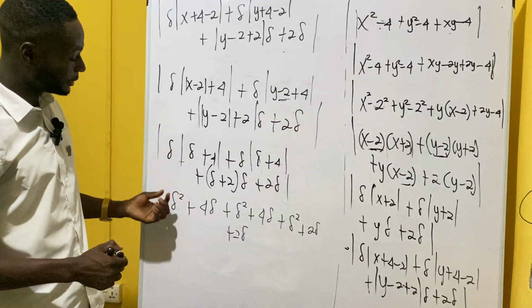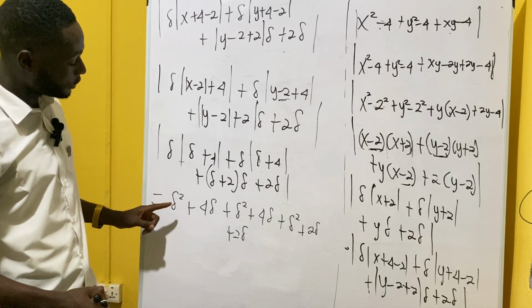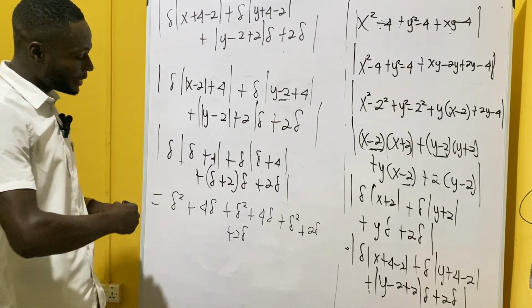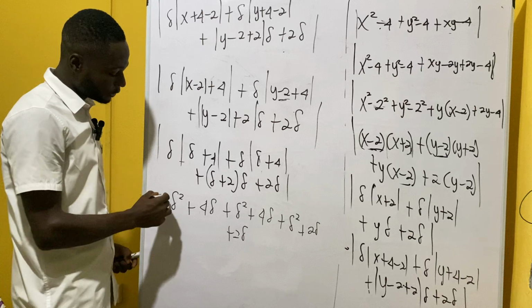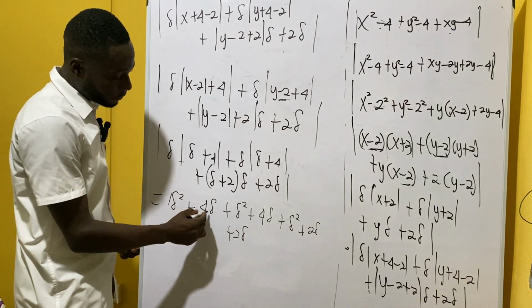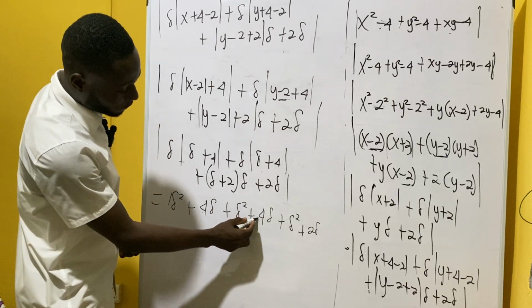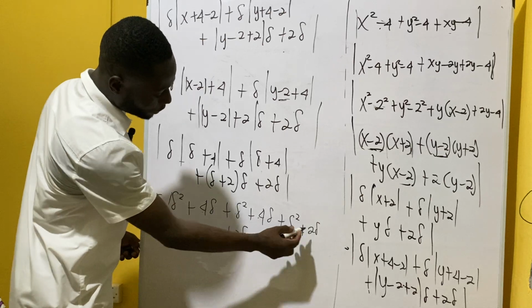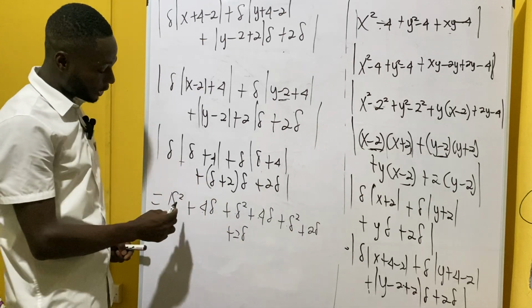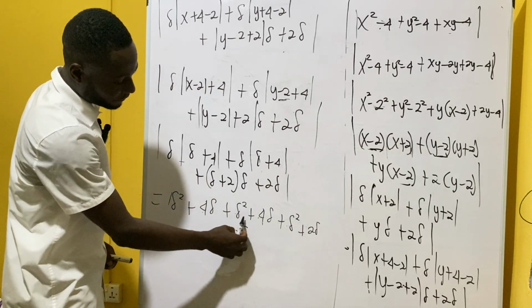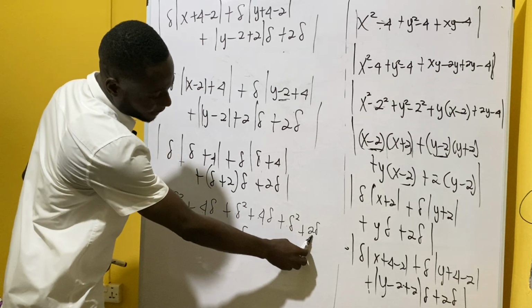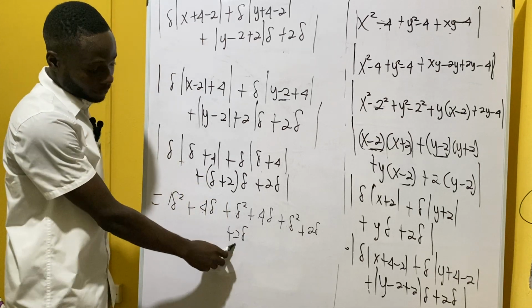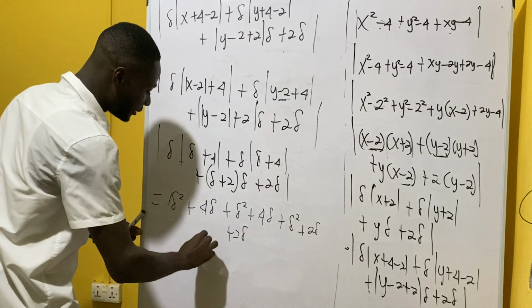So we can see clearly that we have 1, we add the coefficient of the delta, right? So we have 1 plus 4 plus 1 plus 4 plus 1 plus 2 plus 2, right? So we have 5 here, 5 here, 10, 10 plus 3, 13 plus 2, and we have 15